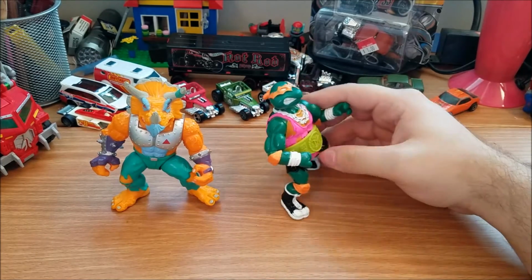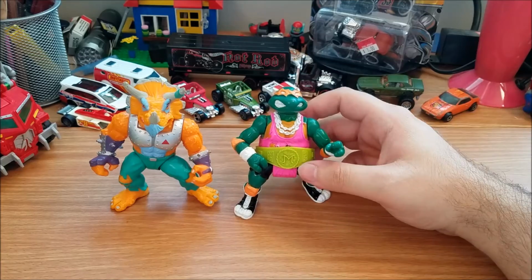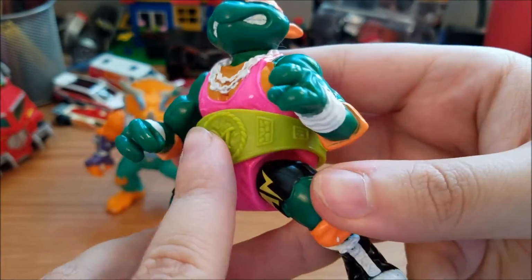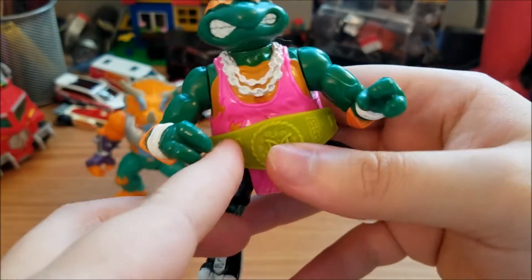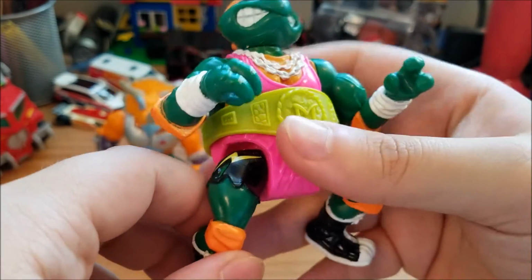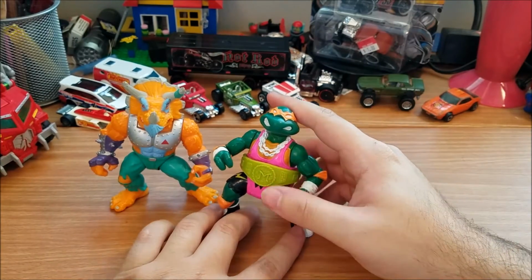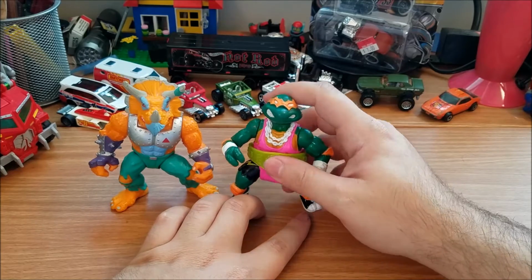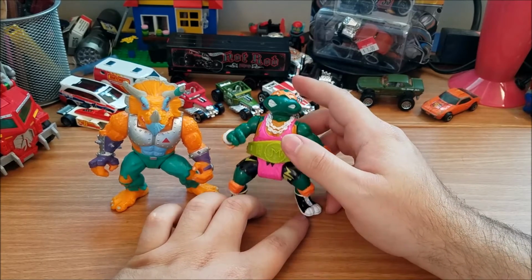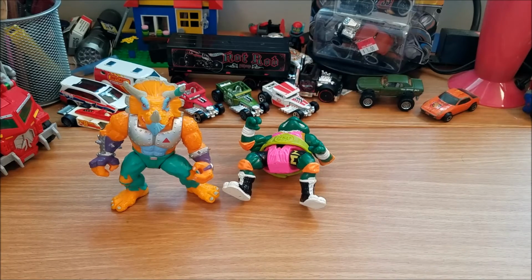He leans super far back because his legs are spring loaded, so he's a little tough to get standing. He came with a belt, which was cool. You can see he's got his championship wrestling belt right there. Very cool. I love his pink leotard that he's wearing. I don't know who he's supposed to be a parody of. Most of these sports figures are a parody of someone. Okay, well, he's just gonna lay back. Then next I got